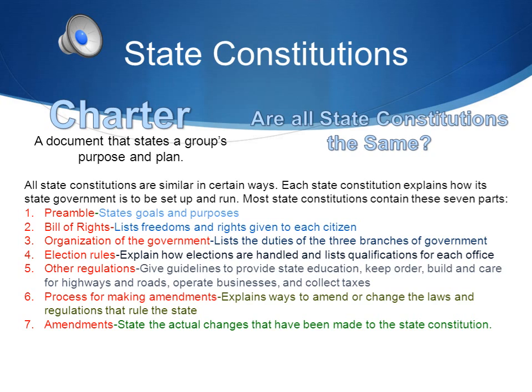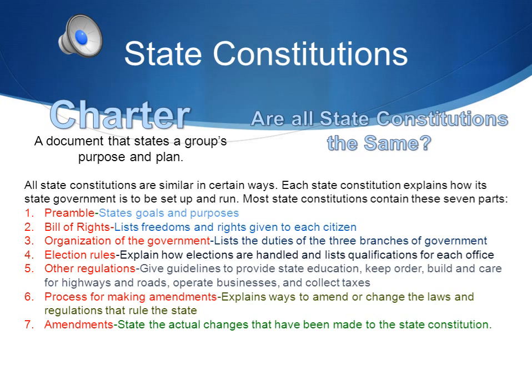And most state constitutions contain 7 parts. So we start with the goals and purposes found in the preamble. And then the Bill of Rights, which lists the freedoms and rights given to each citizen, and good thing for that. There's organization of the government, so how are the 3 branches organized, and what are the duties, who's going to do what, and how are they elected, so there's election rules, how do we get each leader into office,